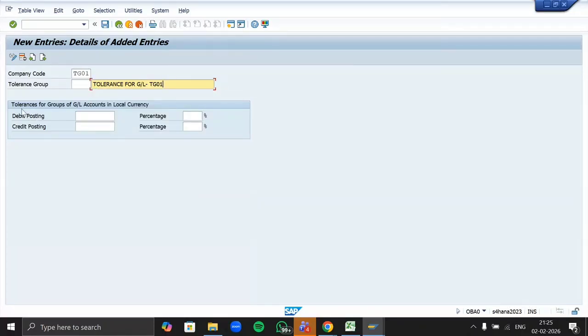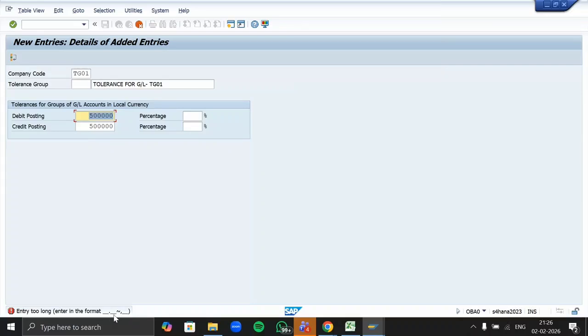Now what is the system asking? Tolerance for GL accounts in local currency. For debit posting, I am giving a limit of 5 lakh. For credit also the same. Now see, entry too long, enter in the format. Whenever you mention any of the amounts, there is a format that you have to maintain.